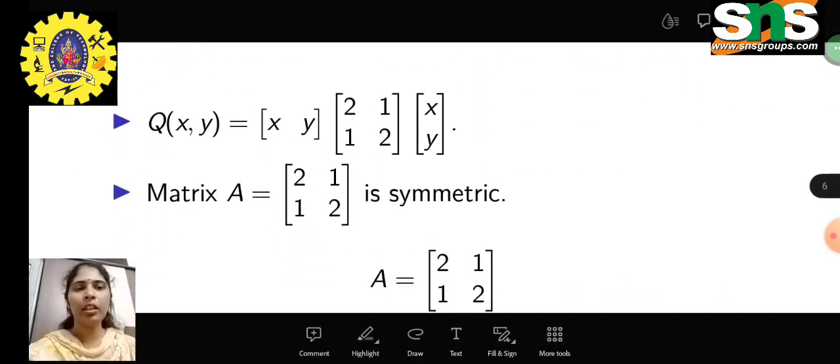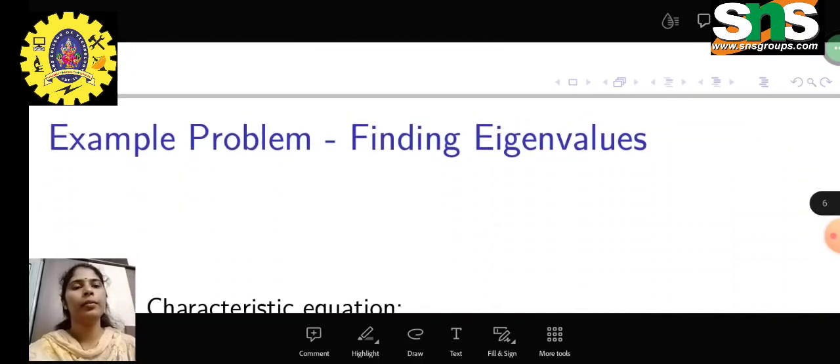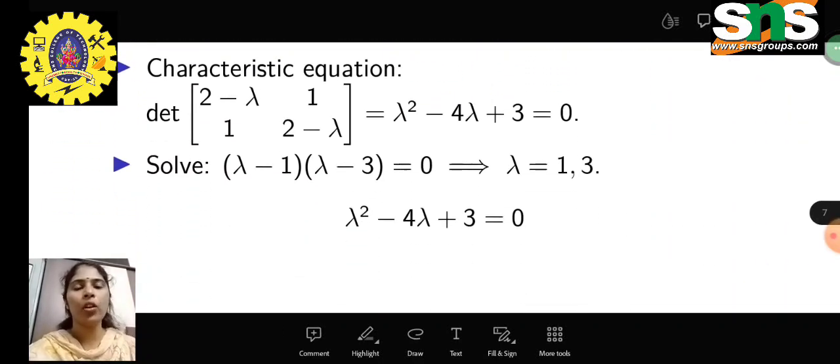So here, after conversion of that equation, we are getting the matrix as 2, 1, 1, 2. As we know that q of x is equal to x transpose Ax. So here the matrix is 2, 1, 1, 2, which is a symmetric matrix,